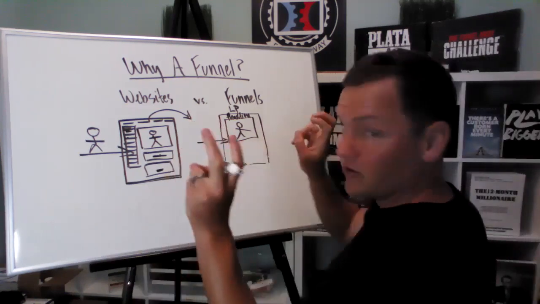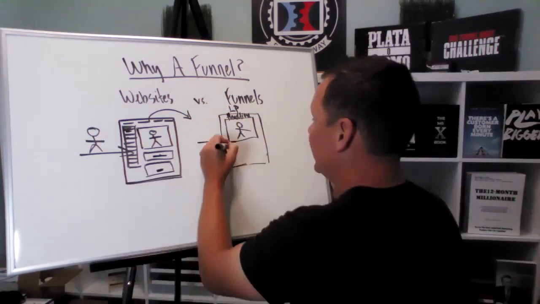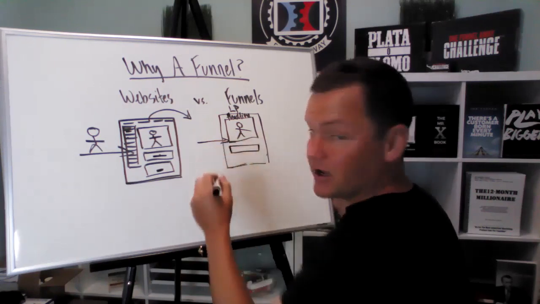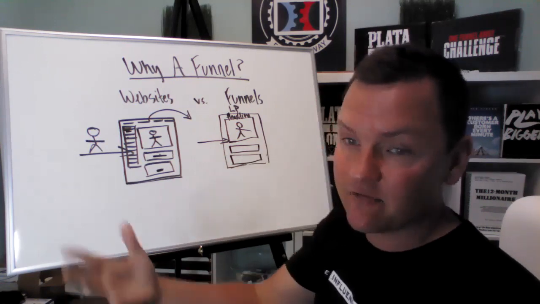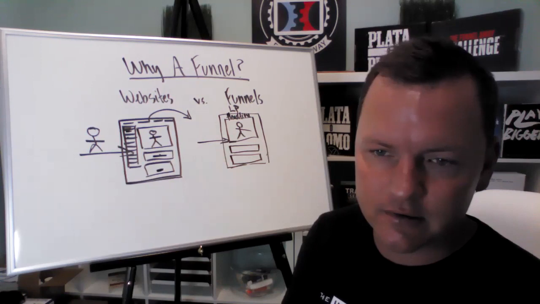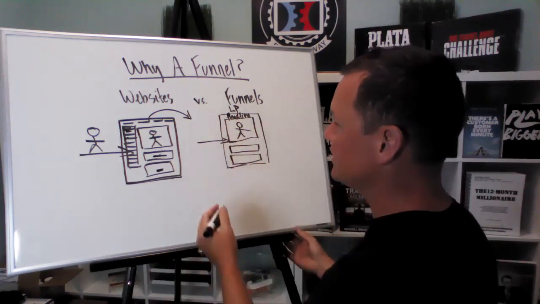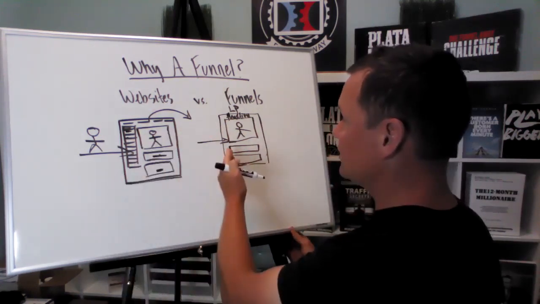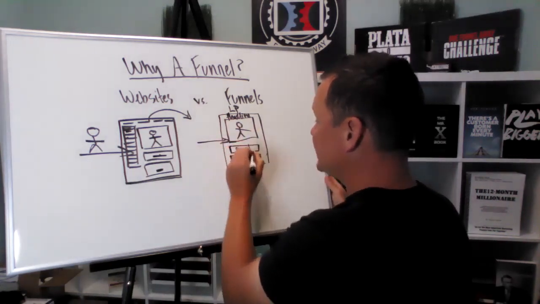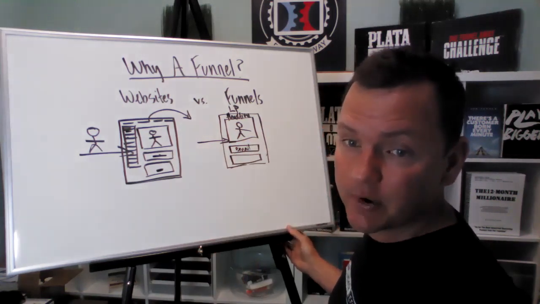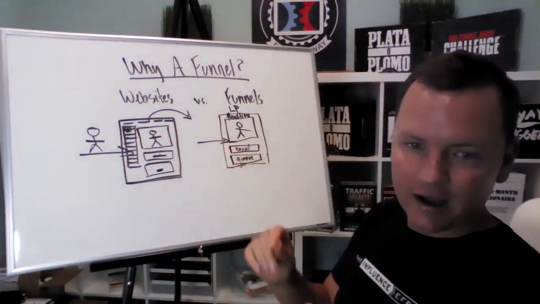So say they come to my funnel, and I have a video here, and I solve a problem. I teach them something, for example, okay? And I teach them enough that I've given enough value that I say, hey, if you want this free ebook, for example, and I disclaimer, there's a whole bunch of options for this, a whole bunch of variations, got a whole bunch of other videos about that. But this is just a simple example. They land on my landing page, and I add value. I say, hey, if you want this free ebook, drop your email address and I'll send it to you. And then they whack, I call it the gimme button.